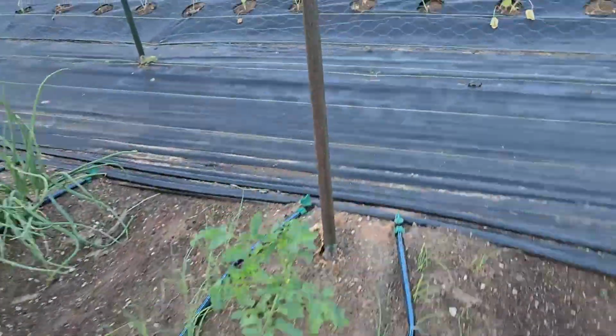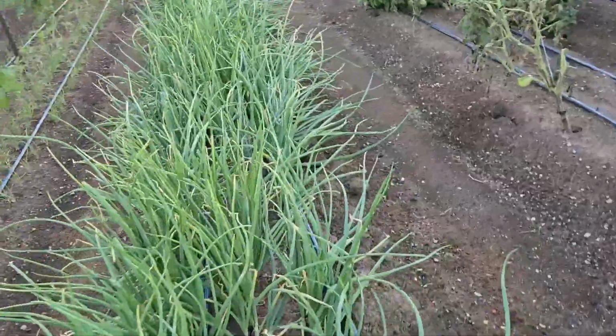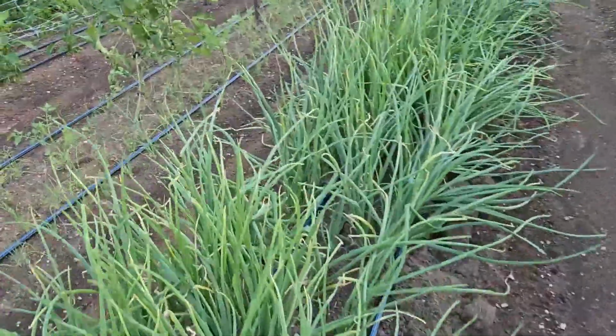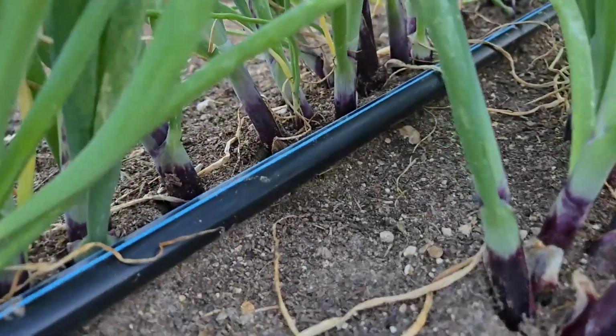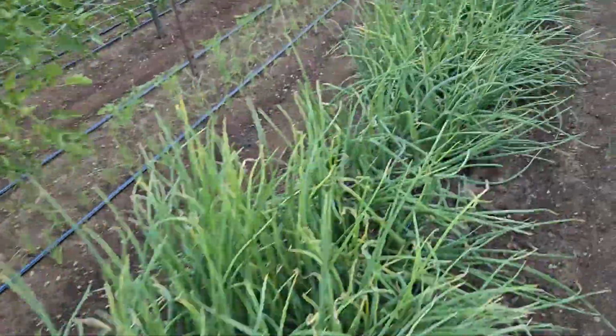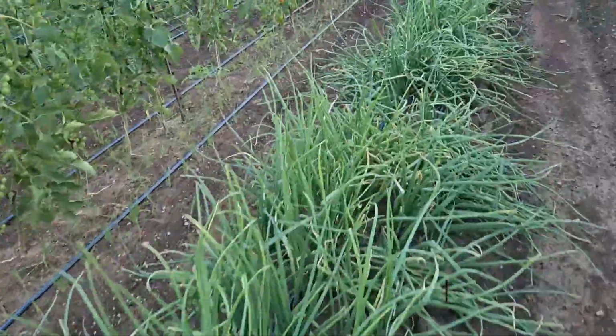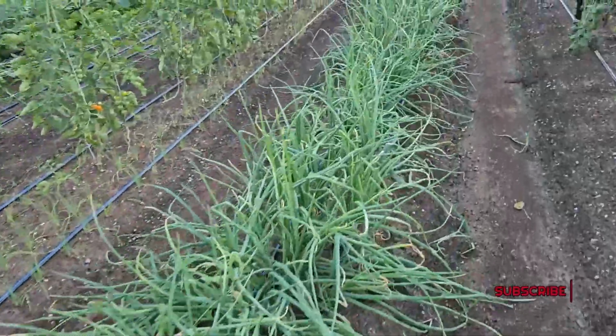We do really good on our scallions. People love them. I got a whole row here that I've been harvesting off for the last 3 weeks, and we do the red scallions. So they got, you know, red or purple bottoms. So they're a little bit sweeter than a normal green onion or scallion,